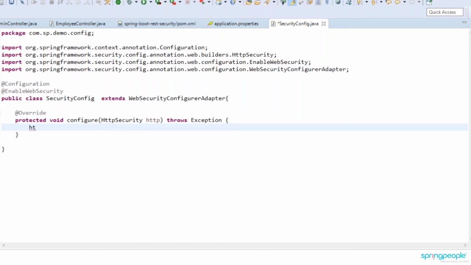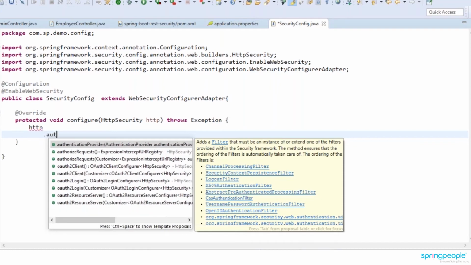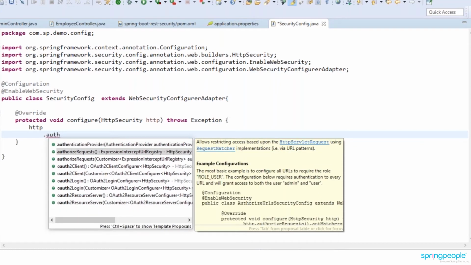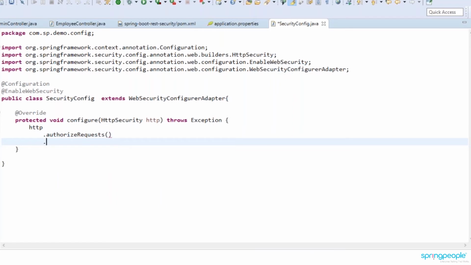Here we can write http, which is HttpSecurity, and then dot. What do you want to authorize? You need authorization for requests, so we write authorizeRequests. All the requests should be authorized, and with what request?